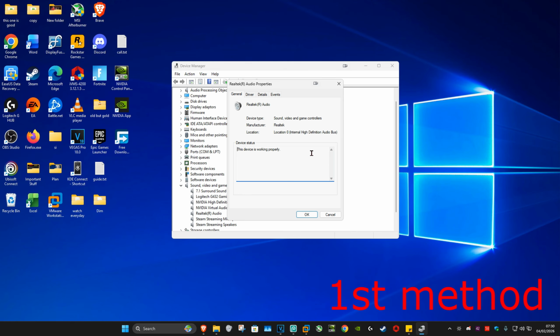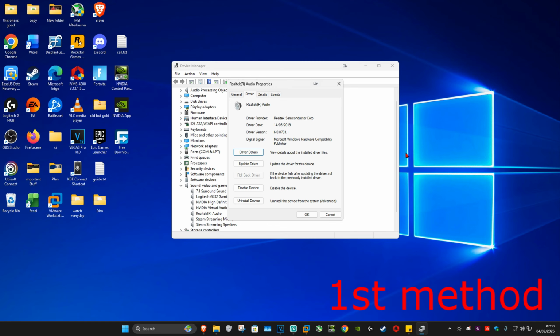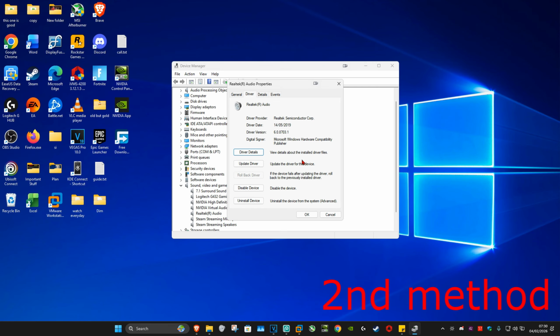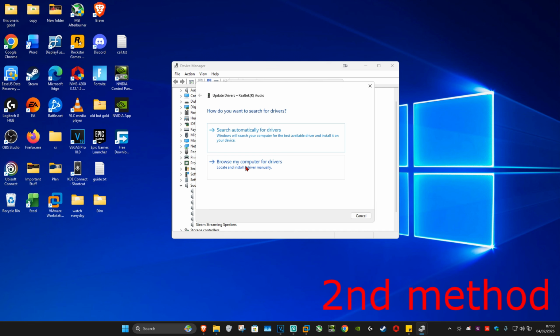And now once this comes up, you want to go to the driver tab. You want to click on rollback driver if it lets you. Then you want to roll back your driver. After you roll back your driver, see if that works. If that's still not working, then for the second method, you want to click on update driver and then click